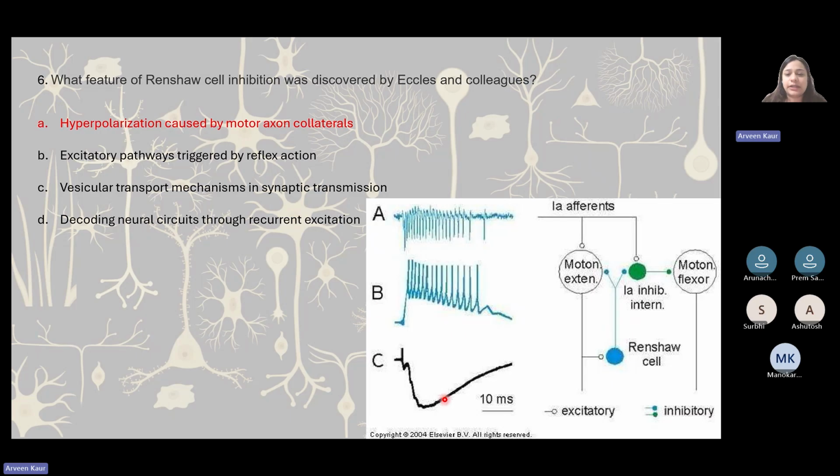Over here, again, you can look at a more simplified version of what we have discussed. So, for instance, this symbol is for excitation and this symbol is for inhibition, right? There is a motor neuron that is coming from the muscle, the muscle that has to contract. It will take that signal for contraction, but along with that, there will be a branch of these motor axons, which are known as motor axon collaterals, which will also stimulate this negative feedback response,